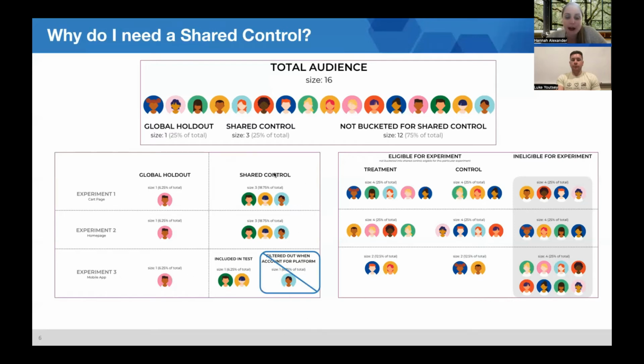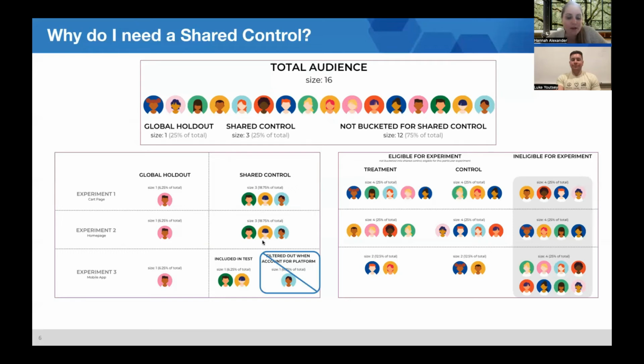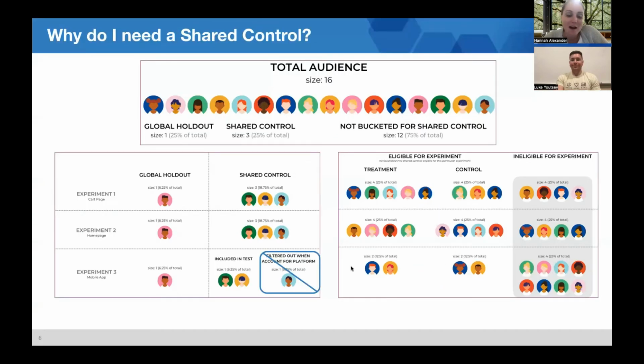Additionally, this example doesn't have it, but if we ran these tests at different times, these are intended to be concurrent, but we could have this being refreshed and we could look at a point in time with all of our candidates on our right that are eligible for exposure for, say, the month of July. Whereas the global holdout kind of serves as a more